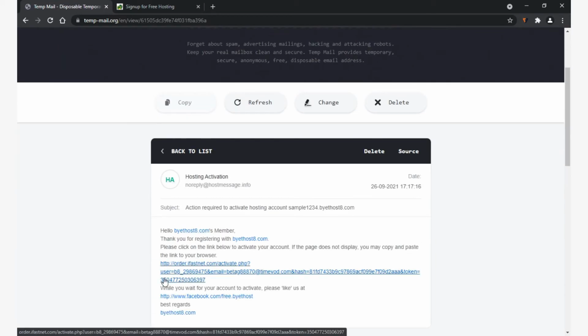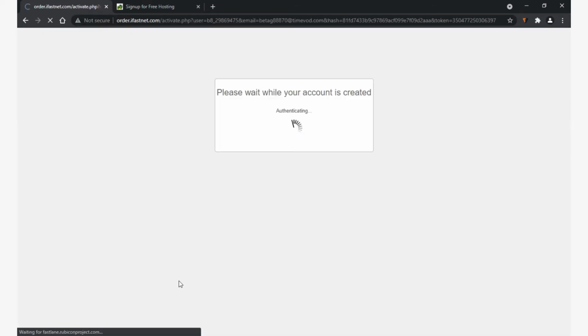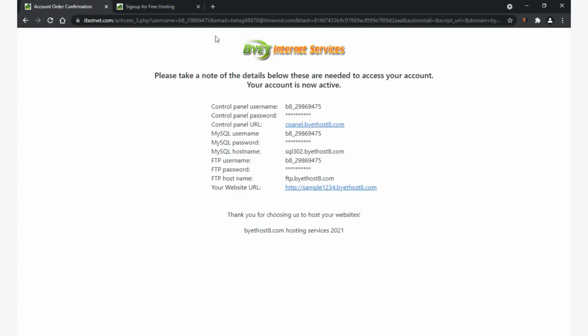By clicking the link, you are creating your account. Yes, our account is created. Please make a note of these details. These are required to log into your account.